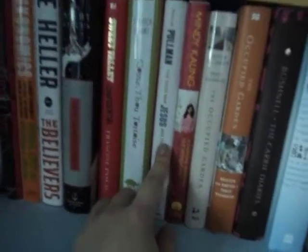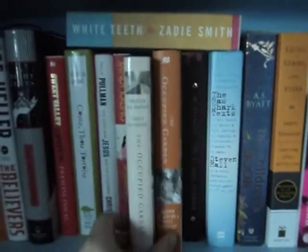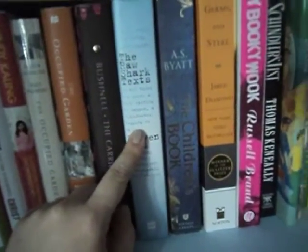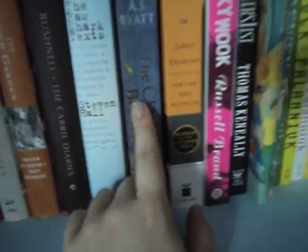A couple here. There's another one by Philip Pullman, The Good Man Jesus and the Scoundrel Christ. I have 2 copies of The Occupied Garden. One of them I bought on my own, and then another copy my parents actually got for me for my birthday and is autographed. The Carrie Diaries, the Rorschach texts, the children's book, which I started but haven't finished, Guns,